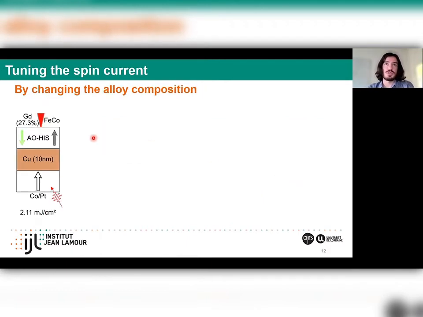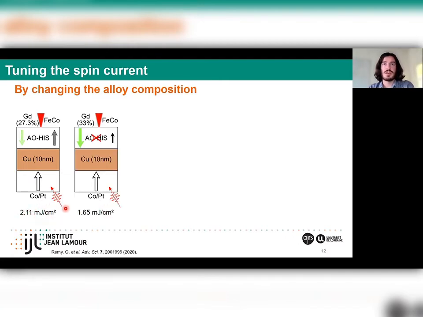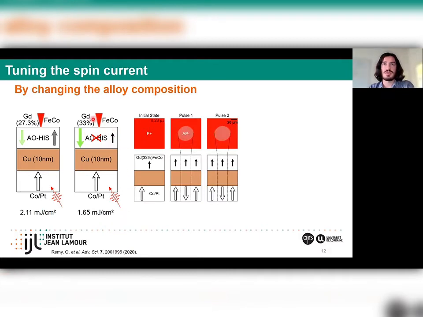Another way to change the spin currents is by changing the amplitude of the magnetization of the gadolinium, which mostly generates this spin accumulation and then spin current. So in this case, with 27% of gadolinium, I have a threshold fluence for the reversal of the ferromagnet, which is 2.11 millijoule per centimeter squared. And now if I increase it by 6%, I see that the threshold fluence is reduced by around 22%. And in this case, because the concentration of the alloy here is so high, I don't have all optical switching of this layer, which means that I can reverse the magnetization of the ferromagnet without reversing the magnetization of the